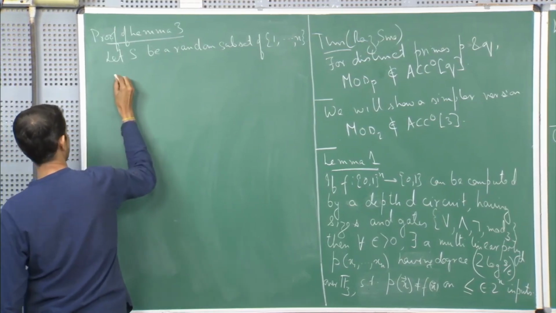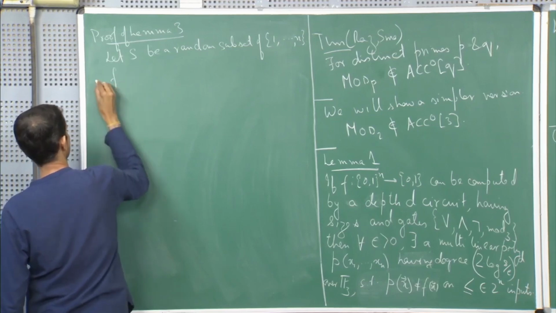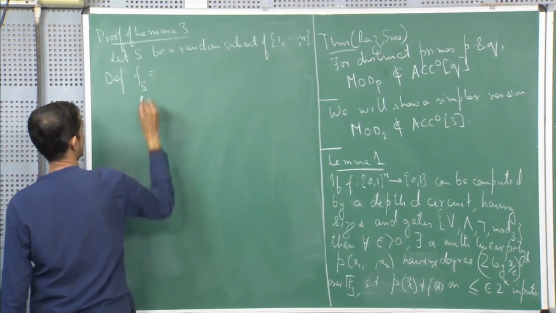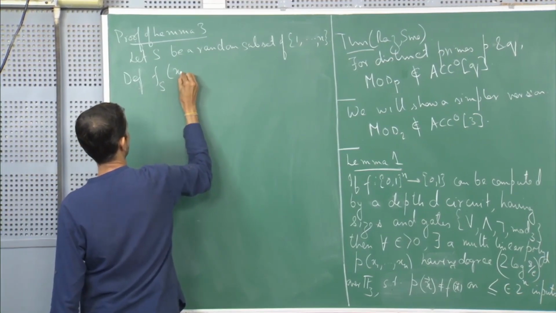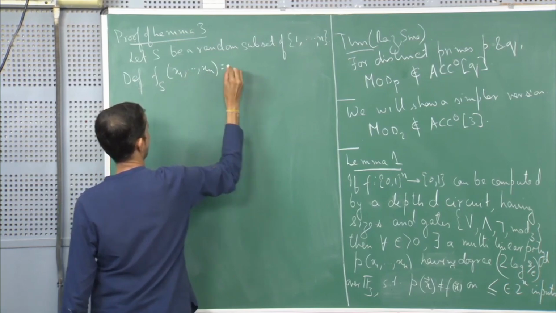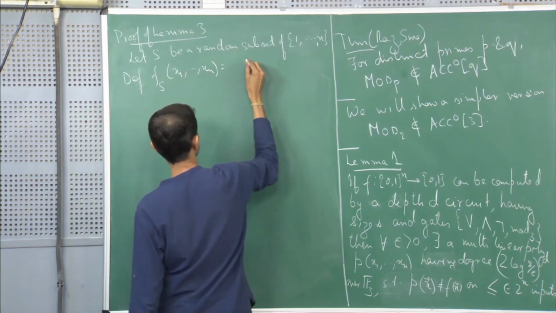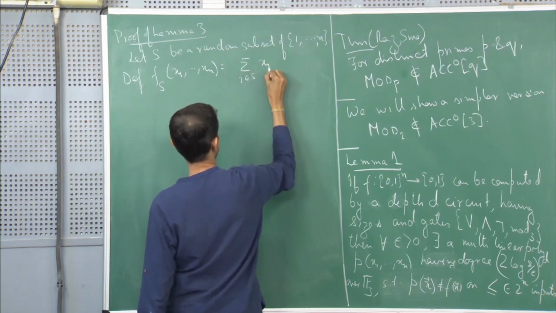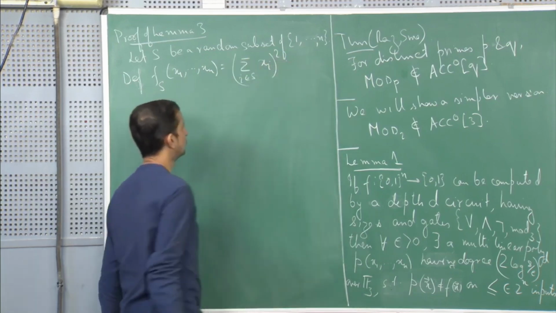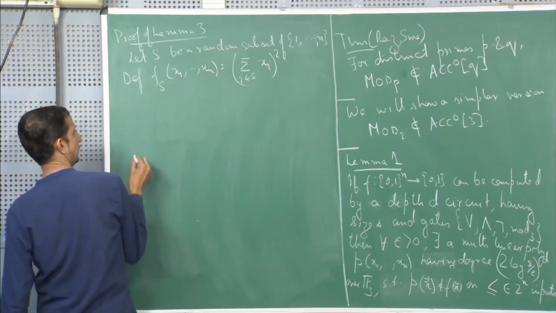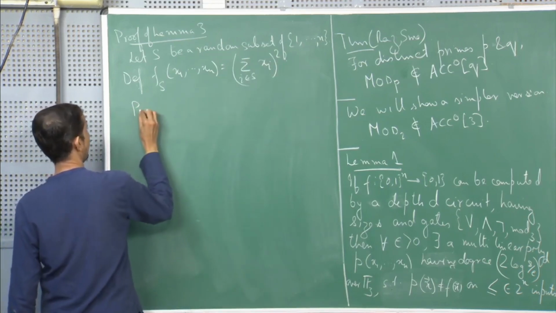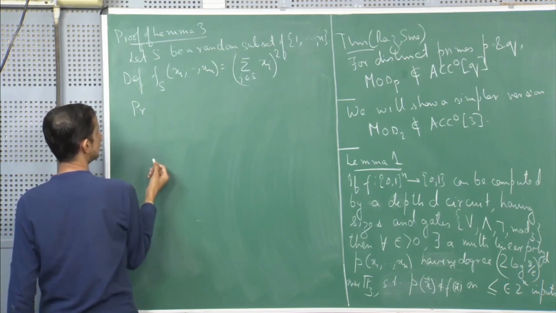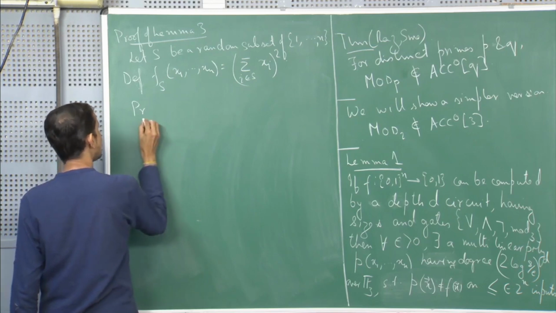Let me define the function f of S to be equal to basically the square of the sum, sigma i belonging to S x_i whole square. And now I will want to ask the question: what is the probability that, for a randomly chosen S,